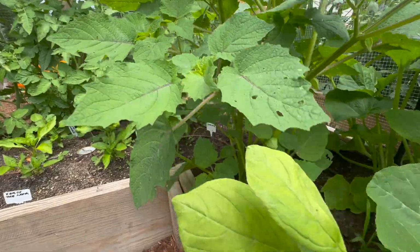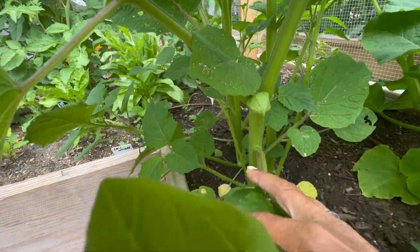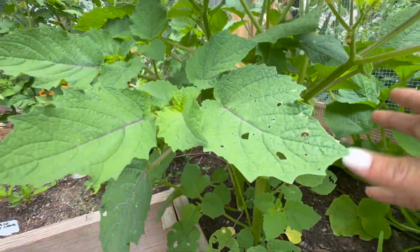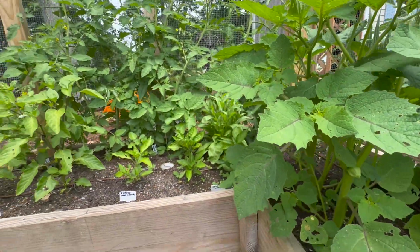This is a volunteer ground cherry. You can see they're starting to form. Oh, there's one on the ground. Oh no, that's a leaf. Sorry, this is rambling. But this thing's huge, taking up a lot of room. I also have